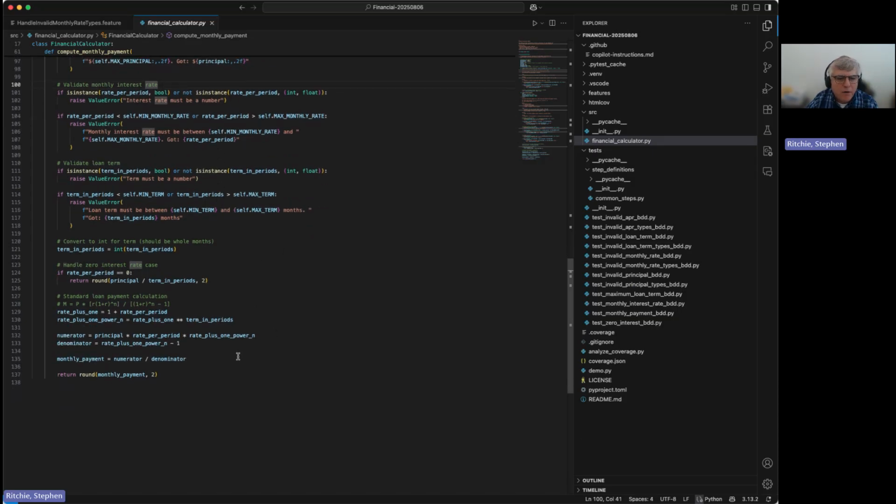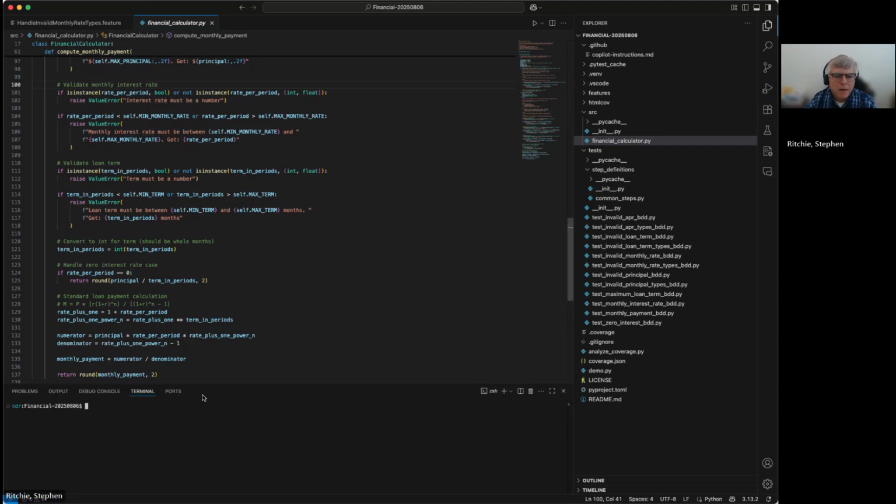Then the heart of the matter is the calculation of the monthly payment. And this is the math in which it produces that calculation. When we look at the tests, we have any of a number of tests that if we create a new terminal and I go ahead and activate